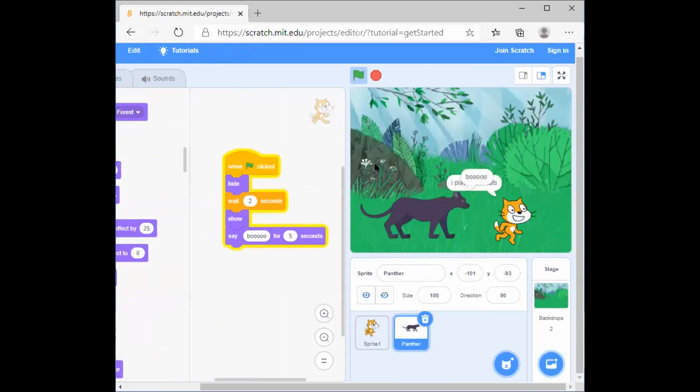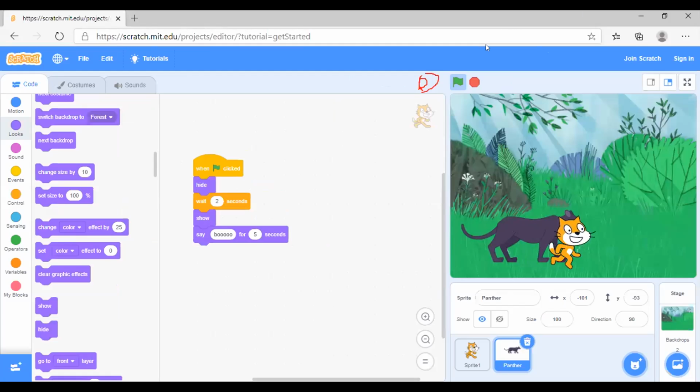Let's stop. If you can go full screen and show me your code running. On the right hand side, you have a full screen option, right? Expand screen. Okay. Can you make the panther move again?